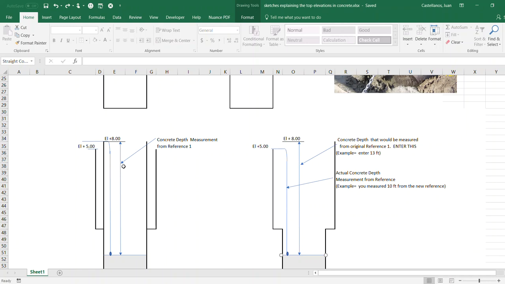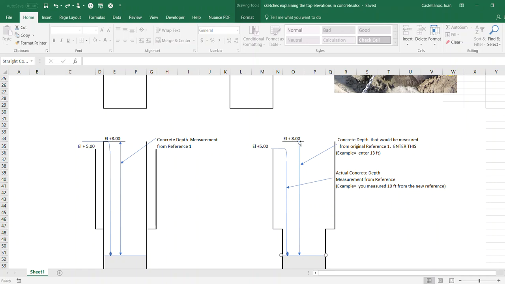So we have to adjust it, because the spreadsheet is always thinking I'm coming from elevation 8, my original reference elevation. If we change the reference from 8 to 5, then let's say after I change the casing I measure something here. Let's say I measure 10 feet,